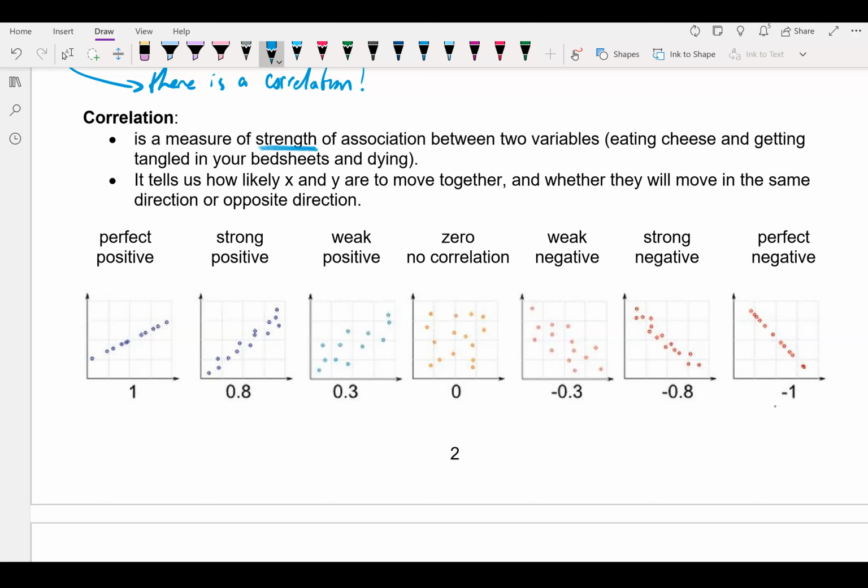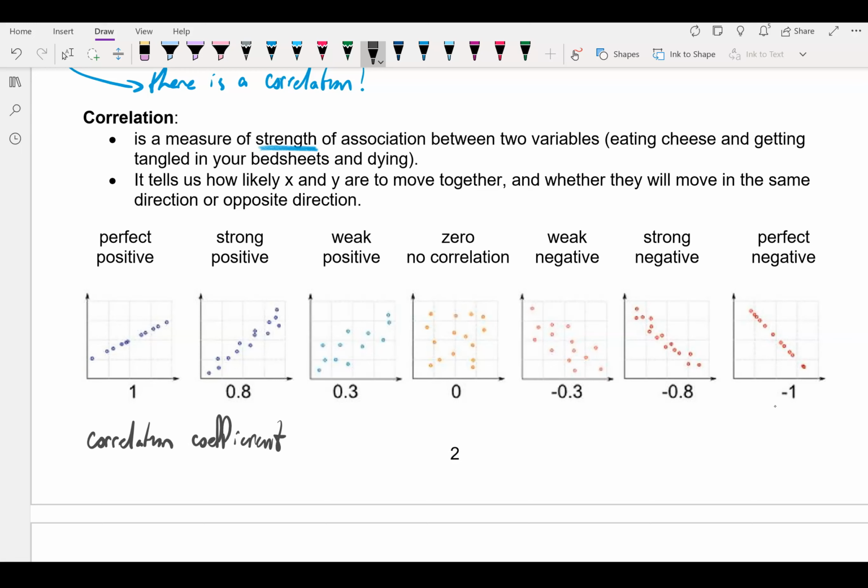For example, eating cheese and getting tangled in your bed sheets and dying. It tells us how likely x and y, the horizontal and the vertical, are to move together, and whether they will move in the same direction or opposite direction. If you look at all these, this is kind of our cheat sheet for what each of these things means. So for example, the correlation coefficient, which we'll talk about really soon,